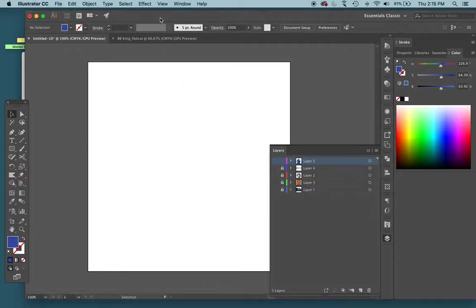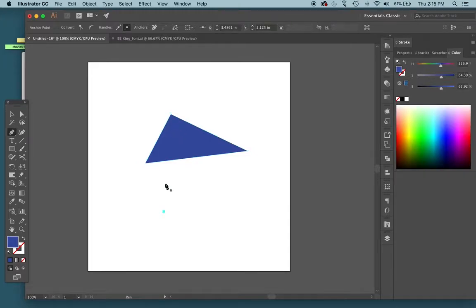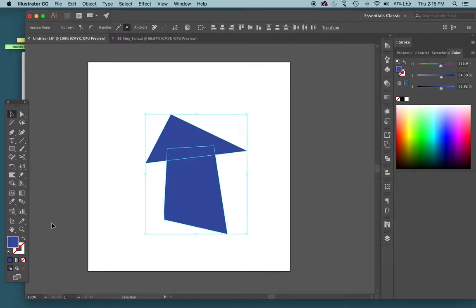Here's a little bit more detail on the Shape Builder tool. In the previous video, I showed you how to join shapes together using the Shape Builder tool: just selecting both of them, switching to the Shape Builder tool, and drawing a line through them. Another thing that the Shape Builder tool can be used for, that I use it for very often, is